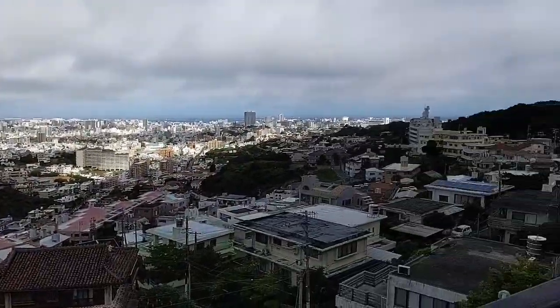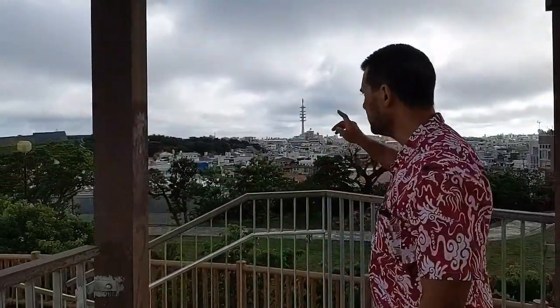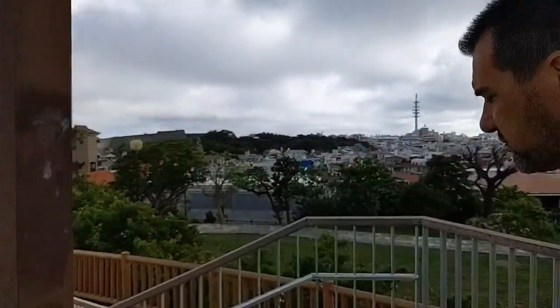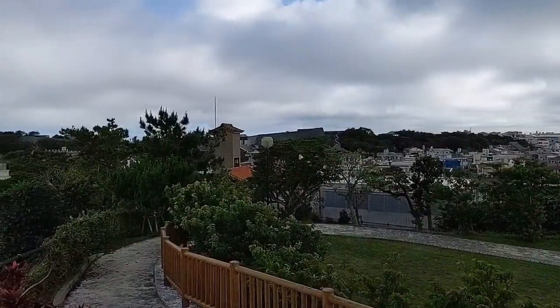We're up at the Sakiyama viewpoint, and this is one of the best locations to come up to if you want to get a view across the island. But if you look directly behind me, we're looking at Shuri Castle. What we're going to do is walk down through the park and take a look first at